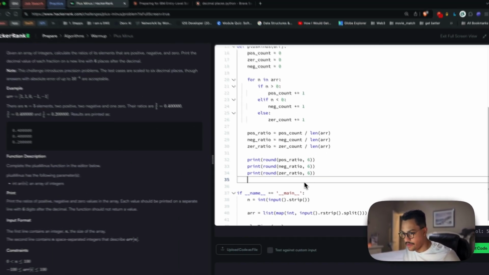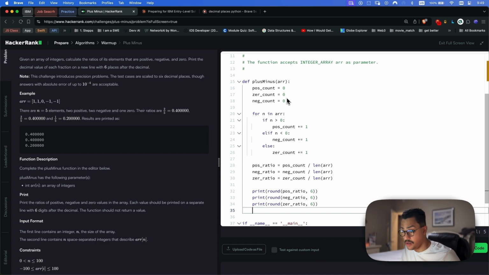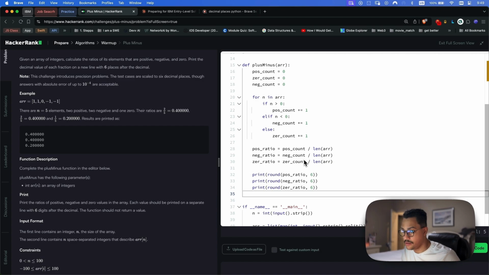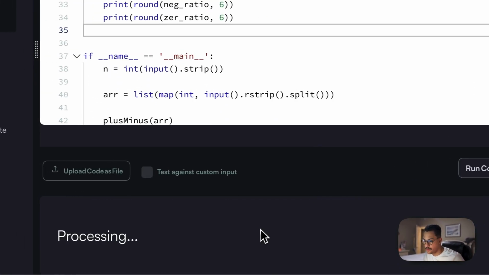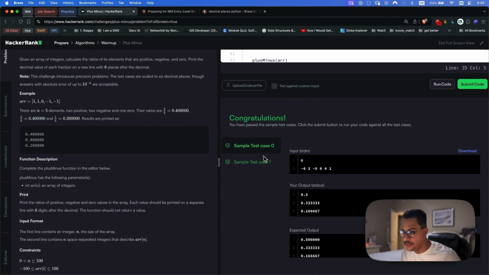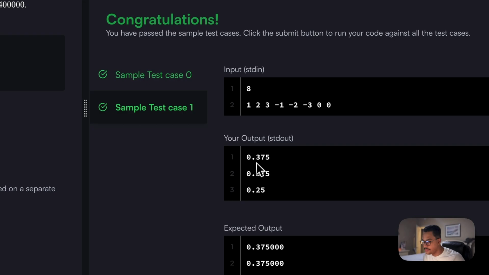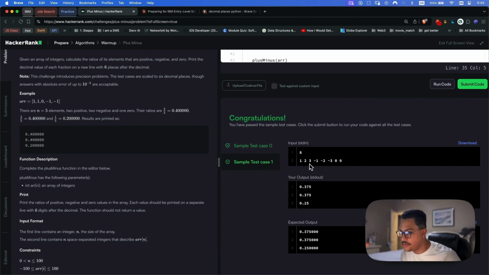Let's move our camera up here. We have everything we need. We have the counters at 0, our conditionals, our last numbers, and then we have our results. So we're going to run our code first and see if it passes the first 2 test cases. We see we pass both. We have 1, 2, and 3, minus 1, minus 2, minus 3, 0, 0. My output,